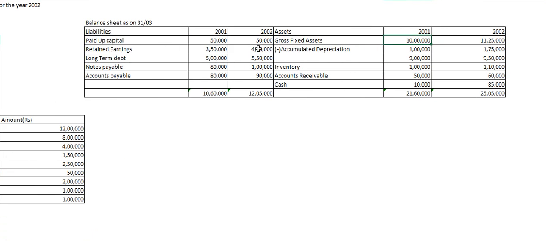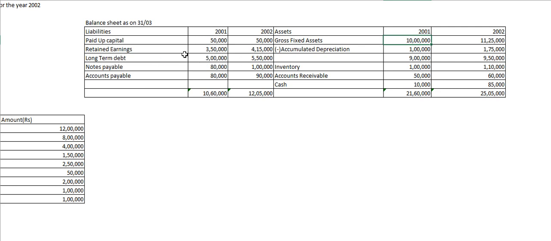So there is no issue of share capital, nor is there a decrease in the share capital, so you will not account for anything in your cash flow statement. For your retained earnings, if you see in the question, the profit and loss account balance is not given. So you will take your retained earnings balance as your profit and loss balance, and you will calculate your net profit. So 4,15,000 minus 3,50,000, you will get 65,000 as your net profit.